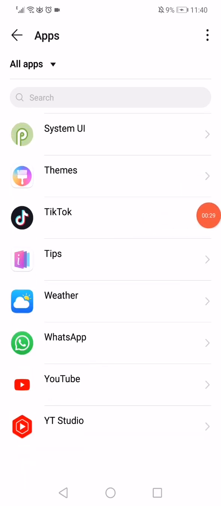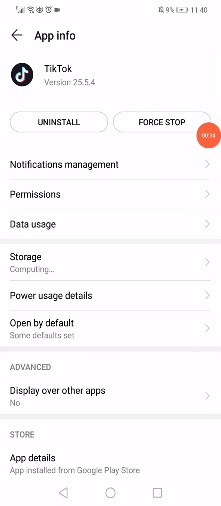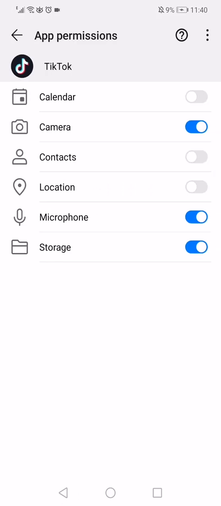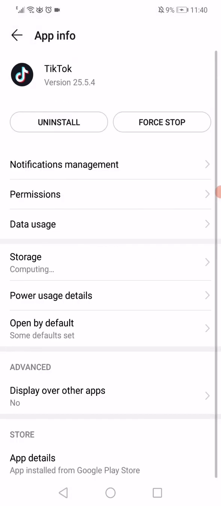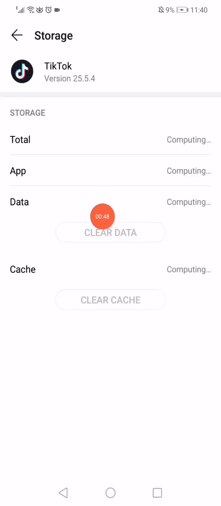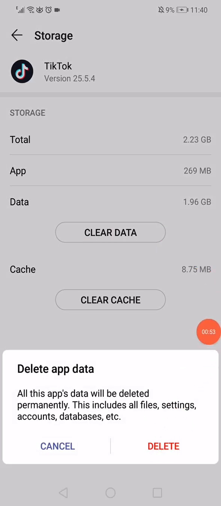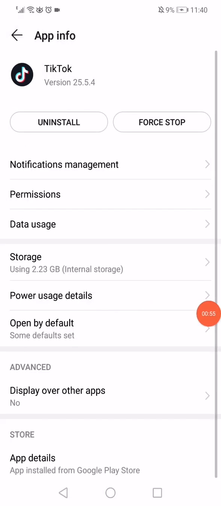When you find it, click on it like this, and then click on this option here. It's called force stop, and then go to the permissions and make sure that all the permissions are enabled, especially the storage and the microphone and the camera. Go back and then click on the storage here, or the internal storage. Click on this clear data right here, and then click on delete, and then click on clear cache, and then